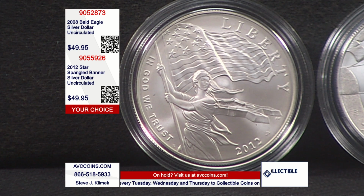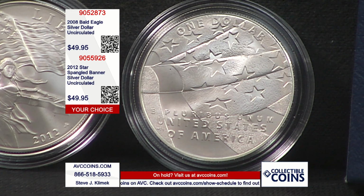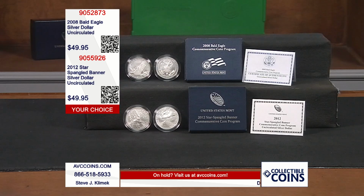Remember 2008? What was the real story of 2008? The Buffalo four-piece set in gold, 5, 10, 25, 50. So we were all in on some of these very special coins, but the core coin, which these two were, kind of set on the side burner. And eventually we all run out of money, right? We have so much budgeted for our collectibles, and sometimes they just disappear. Well, these two now still can appear because we're at